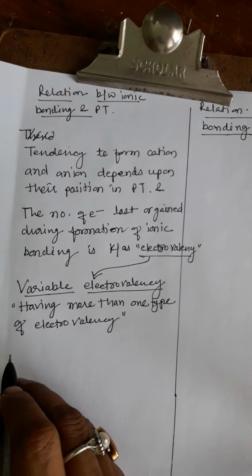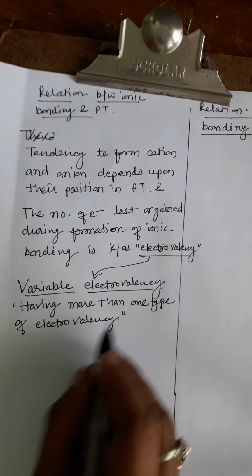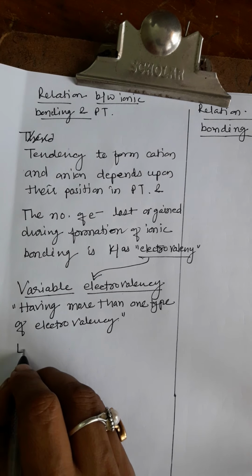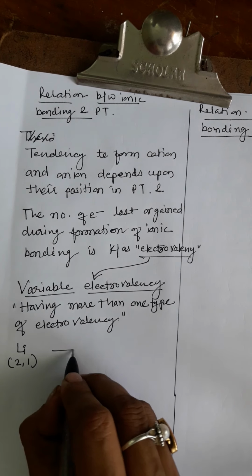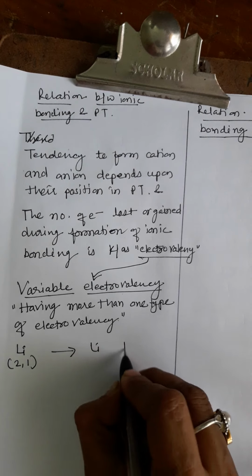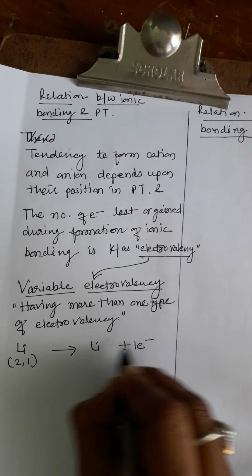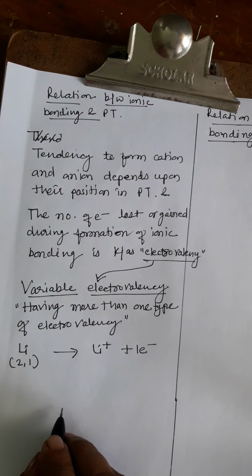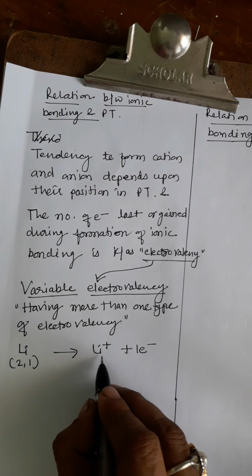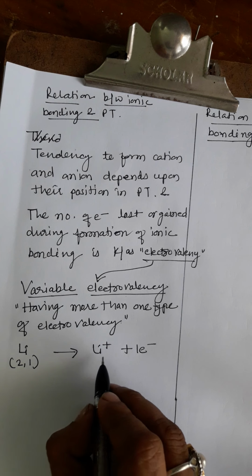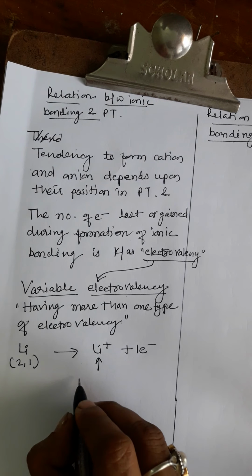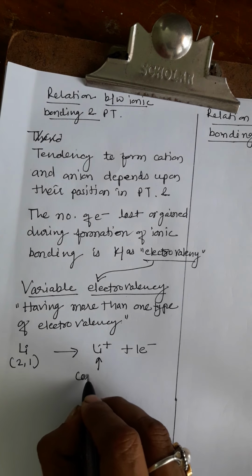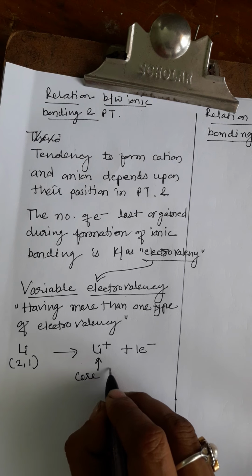Now, why variable electrovalency occurs? Look at this example. If we take example of lithium, where lithium loses one electron to form cation. Now, after formation of cation, it is also called as core or